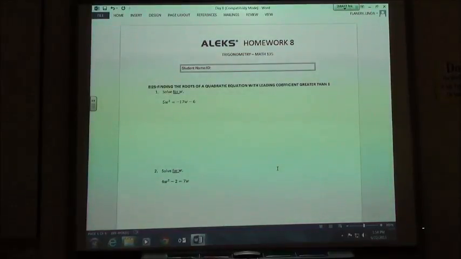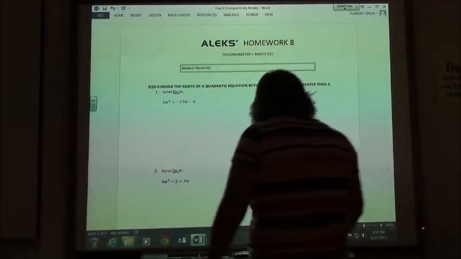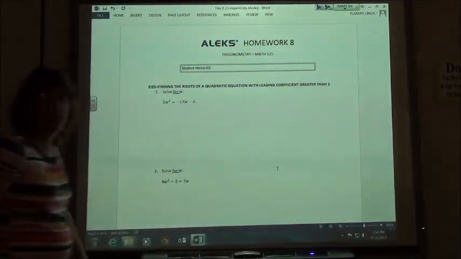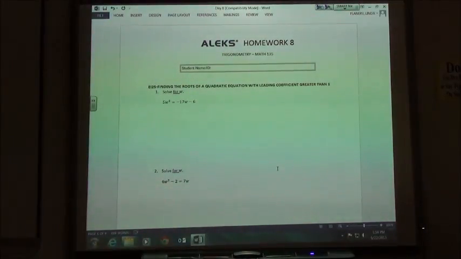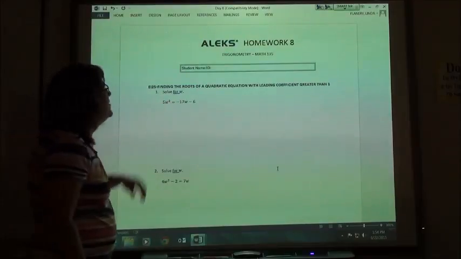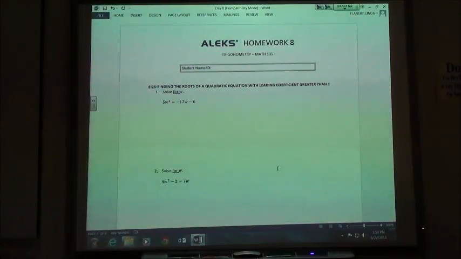Homework 8 is the last of the review section. We've kind of jumped all over the place reviewing a whole bunch of things from college algebra. But in this case, we are going to find the roots of my quadratic equation with a leading coefficient greater